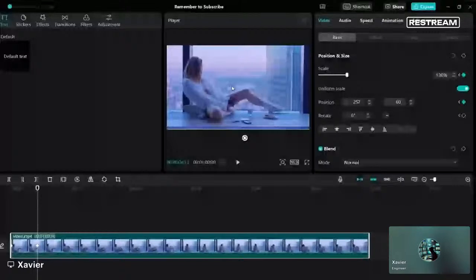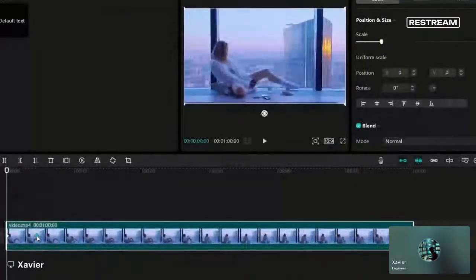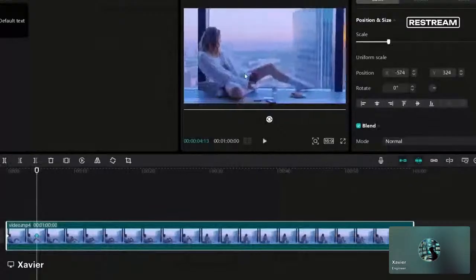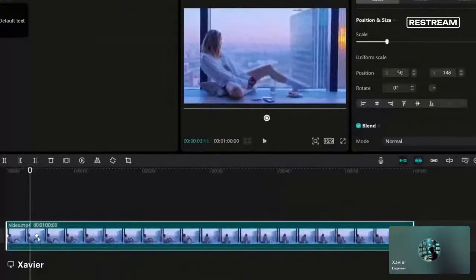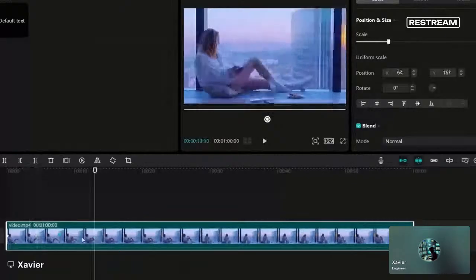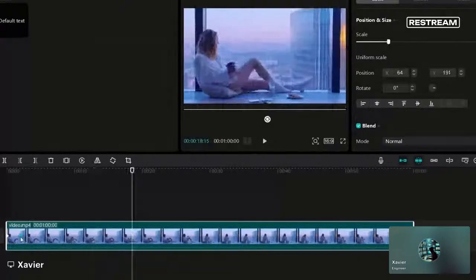So remember, we have two keyframes, right? The before and after. So it's gonna zoom, and you can control exactly how you want it to look like in the end. So now I'll play the video, and as you can see, it zooms in like that. So if you want to zoom in slowly, keep the keyframes far apart. The further they are, the slower the zoom. Right? Now, if you wanted to zoom in faster, put them close to each other like this, and if I play the video,